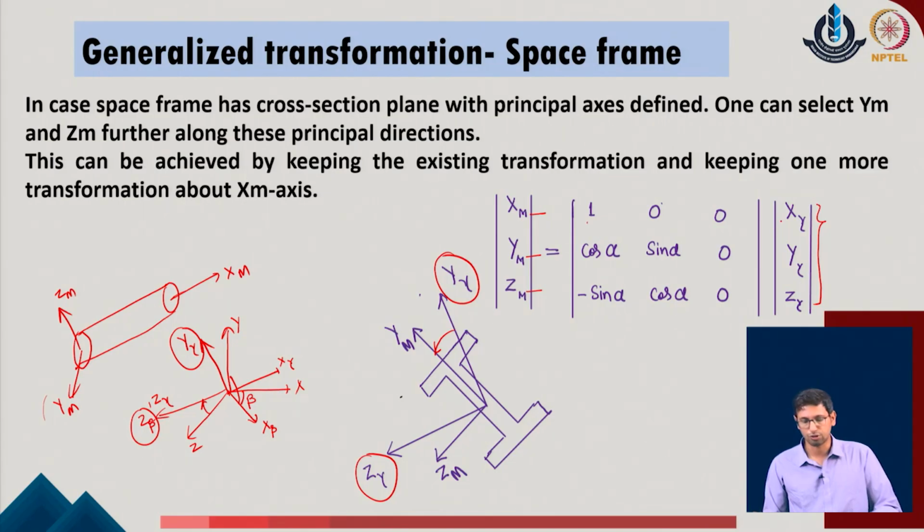I think this needs to be just modified. This will be x of gamma, y of gamma and z of gamma in the given system, and this will be x of m, y of m and z of m in the given problem. So, this relationship can be simply expressed in terms of the same in-plane transformation rule. The only thing is, this transformation is taking place with respect to the axis x of the given problem. So, I think I just need to modify this. So, this one will be with respect to x of gamma, y of gamma and z of gamma, the new system which we are representing.